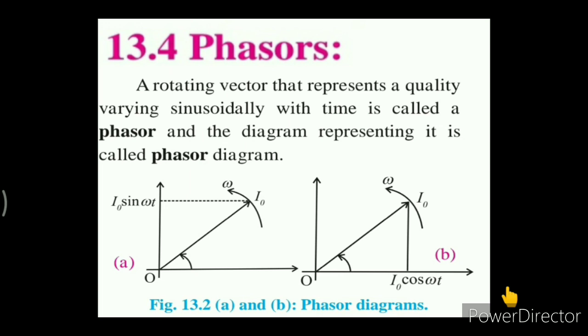And over here, the phasors for alternating EMF or alternating current are inclined to the horizontal axis at an angle omega t or omega t plus alpha, where alpha is the phase difference between alternating EMF and alternating current, and it is to be rotated in the anti-clockwise direction. As well, we had seen that the length of the arrow represents the maximum value of the quantity, I0 and E0.